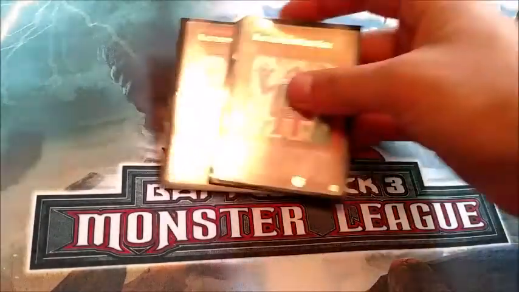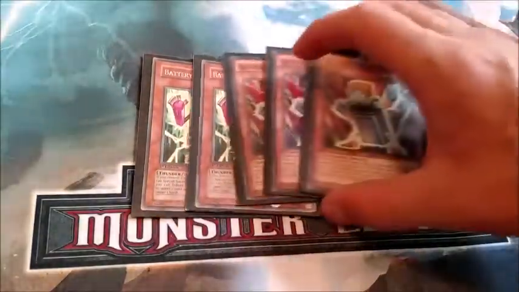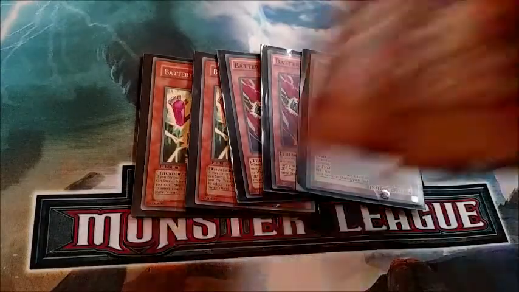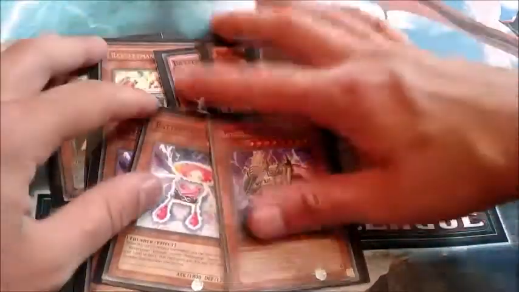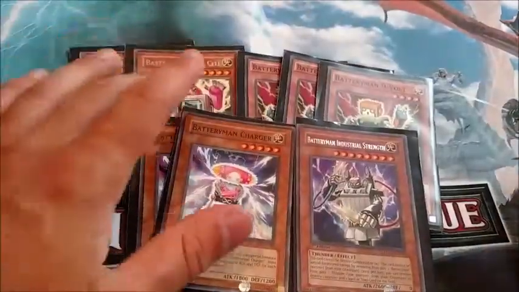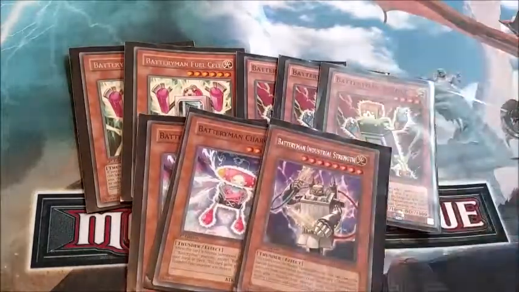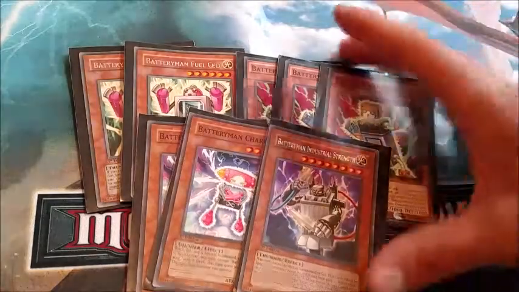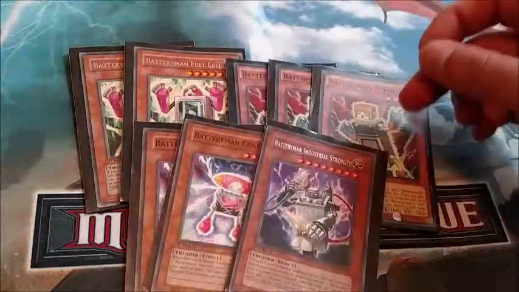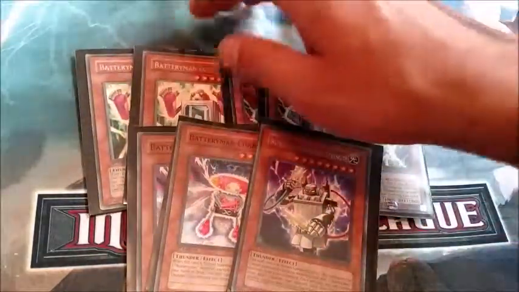We're starting with the Batteryman: 2 Fuel Cell, 3 9-Volt, only 2 Charger, and 1 Industrial Strength. The reason we're running 2 Fuel Cell and not 3 is because he kind of bricks at 3. He's just a really bad card to top deck. He's a really poor card. He's a decent enough card to have 2 of in your hand. The only problem is he's searchable off 9-Volt. You really only need 1 to get any plays going, but the reason we're running 2 is if you open